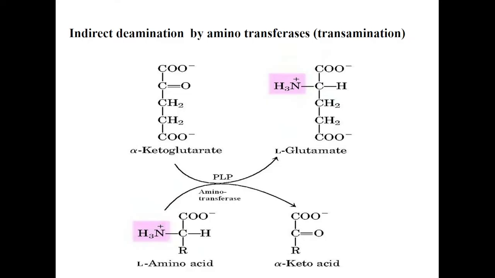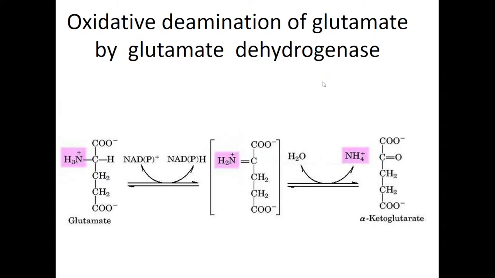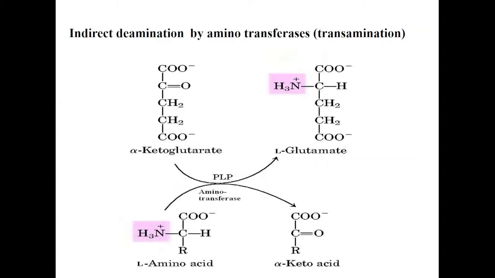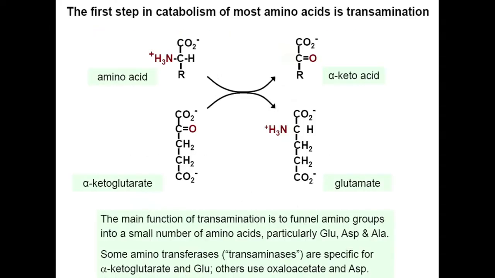And it was successfully discovered with the opening of a special group of enzymes which are called aminotransferases. Aminotransferases transfer amino groups from different amino acids onto alpha-ketoglutarate as substrate, and the alpha-keto acids which appear from amino acids will be used, for example, to go to the TCA cycle. And glutamate will be intensively deaminated later with re-synthesis of alpha-ketoglutarate. It's called indirect deamination. And it appears that the first step of catabolism of most amino acids is transamination, when amino acids are transformed to alpha-keto acids, alpha-ketoglutarate to glutamate,